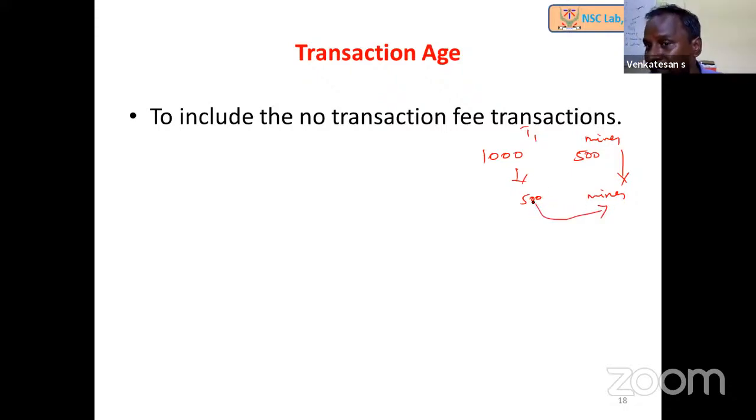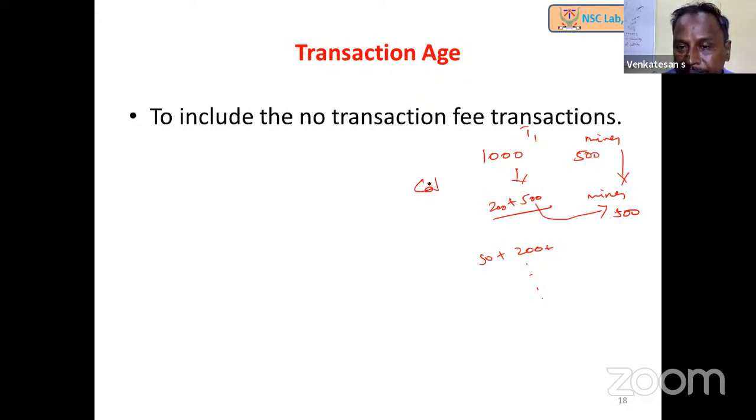But what's going to happen in the meantime is that new transactions are going to come and get added to these. Again, they will see which transactions give more transaction fee, and those will be added, another 500, remaining 200. It may be possible another 500 comes. So it will keep on going. And there may be a transaction by some person which is not having a transaction fee, that will never be taken to commit into the block, or it takes a very long time to commit into the block. So that's the reason they have introduced the concept of transaction age.